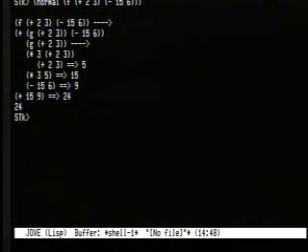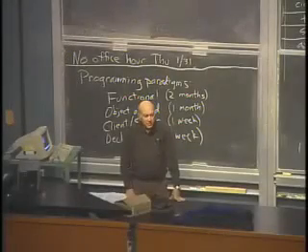Meanwhile, back up here, the second argument is minus 15, 6. Since plus is a primitive, I go ahead and evaluate that. I get 9. I do plus 15, 9, and I get 24. The same answer I got before. So now the question is, is that always going to be true? Even though we do different operations in different orders, we always come up with the same answer.